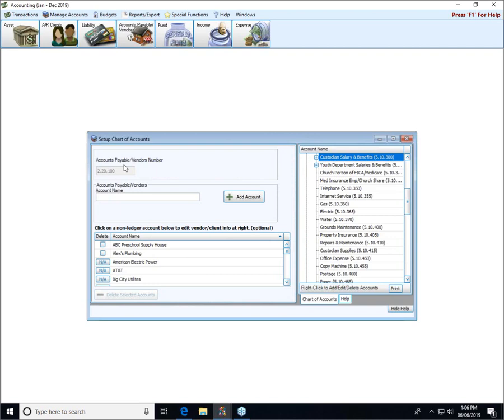So it brings up our main ledger liability. All of our current vendors and payees are listed down at the bottom. So we're going to come in here and we're going to enter her name,